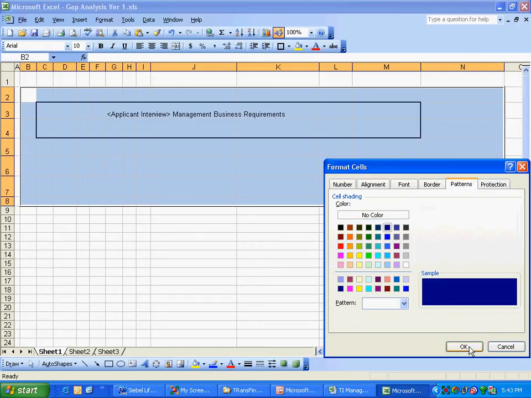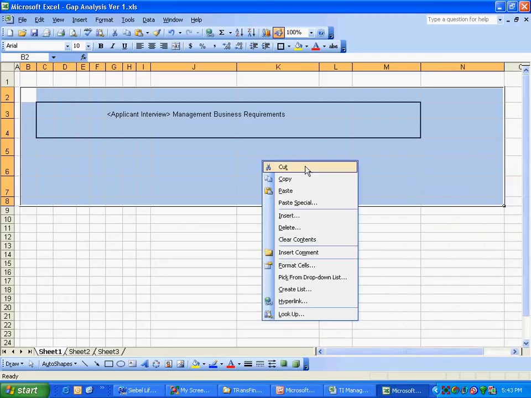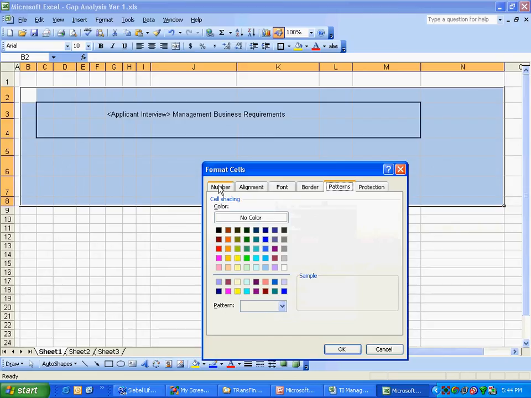Yeah, right now I'm just trying to fill the colors in the diagram that I'm trying to make. So from cell B1, B2 to N whatever, I'm trying to fill the color in there. I just selected it, and then I right clicked on it and went to Format Cells.